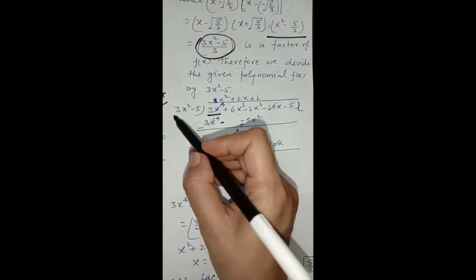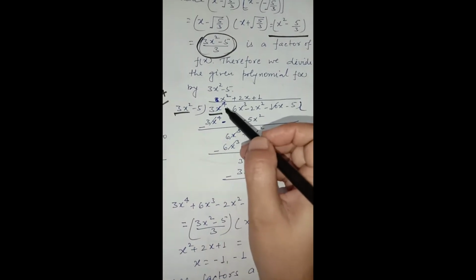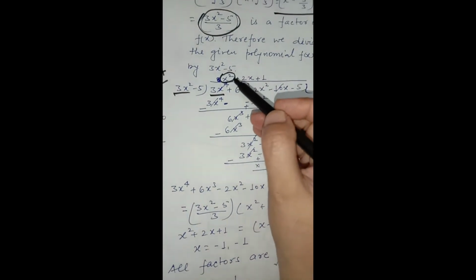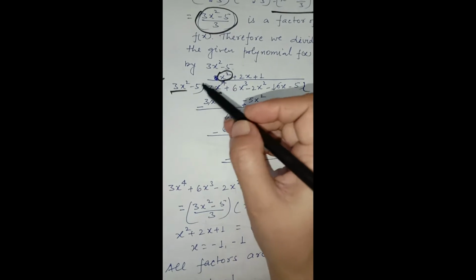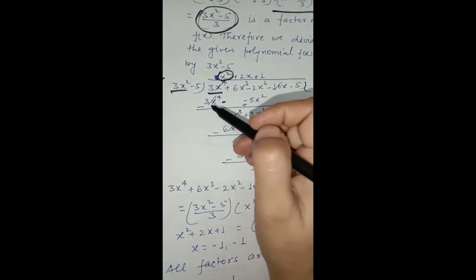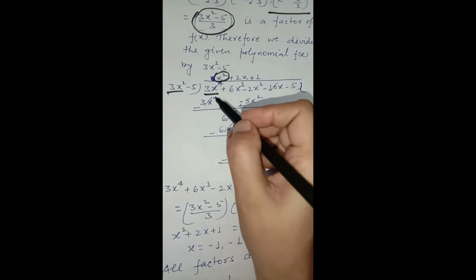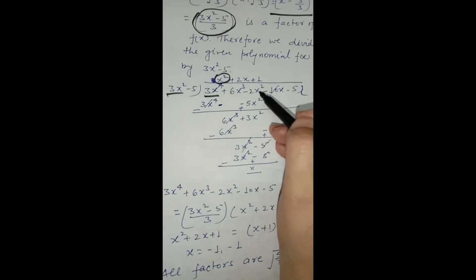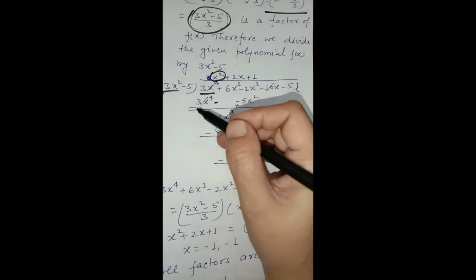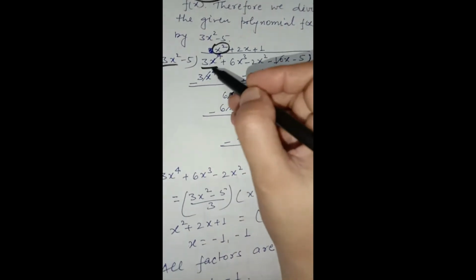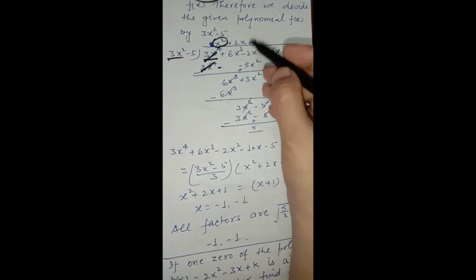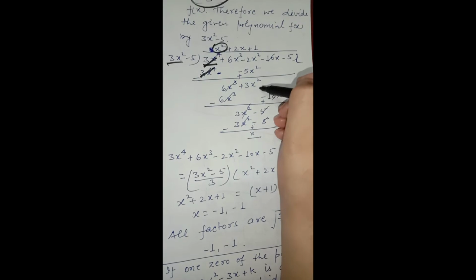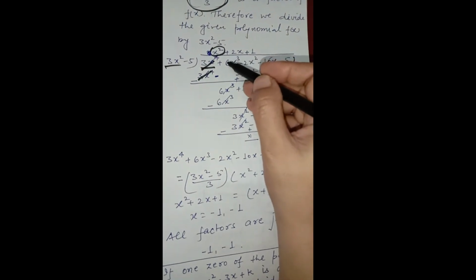Again, the first term of the dividend and the divisor: it is 3x square and it is 3x to the power 4. So it will go x square times. At this time we will have the quotient as x square. We will multiply the divisor by x square, so it will be 3x to the power 4 minus 5x square. We will arrange the terms under the terms of x square. Now change the sign as in simple division and subtract. Now we will solve these two terms according to their sign. We will get 3x square, and the next term we will copy as 6x cube.